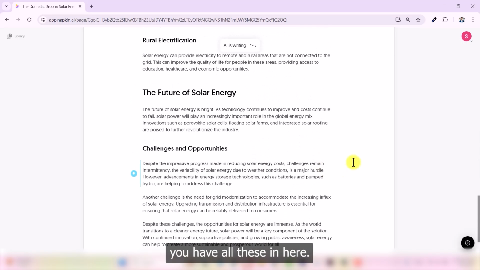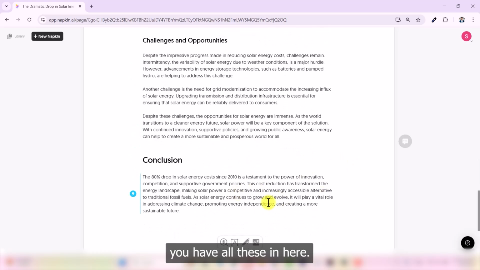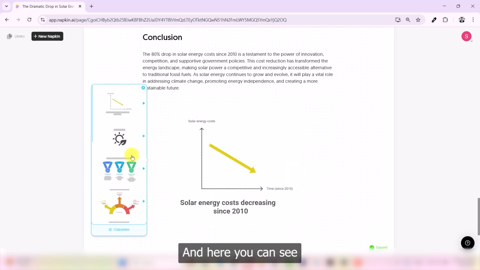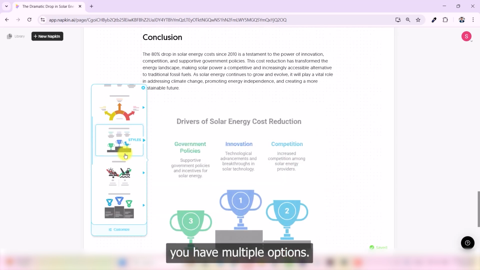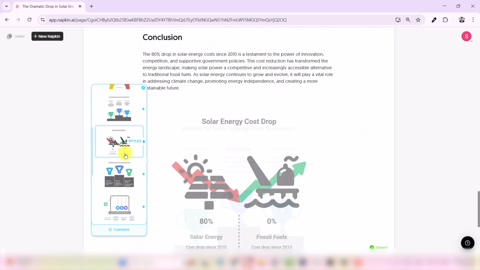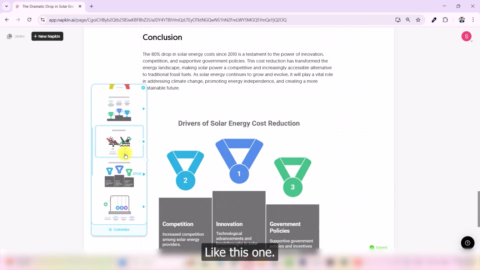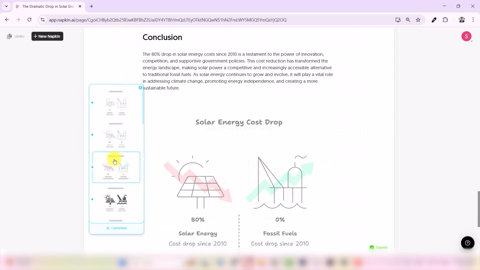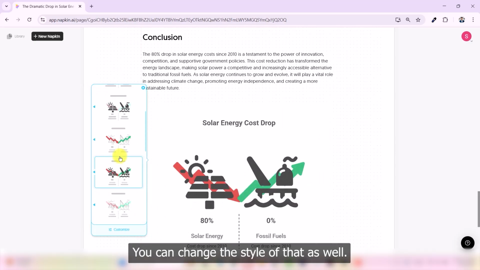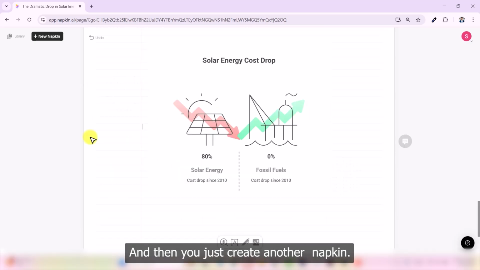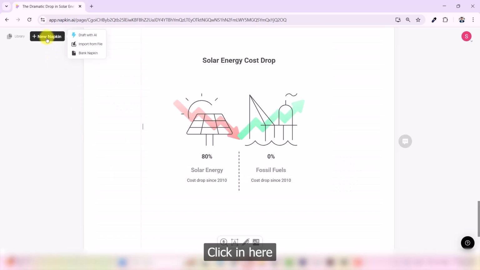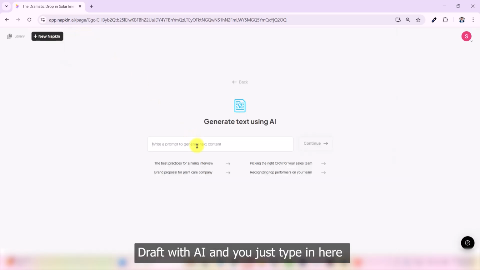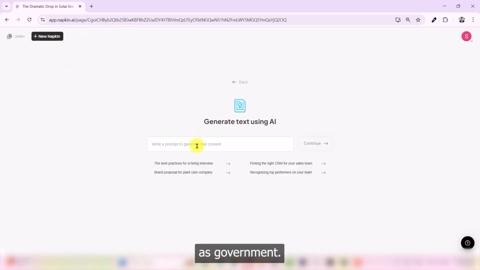And here you can see you have all these in here. Let's assume you just want to conclude this one, so you just click in here. And here you can see you have multiple options, like this one, or you can use this one as well. You can change the style of that as well. And then you just create another napkin, click in here, drop with AI, and you just type in here